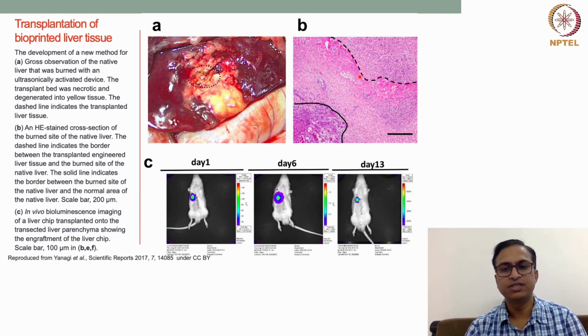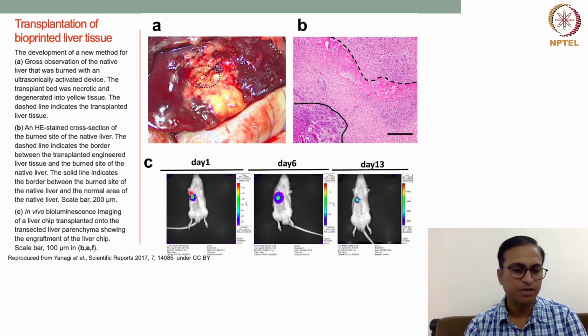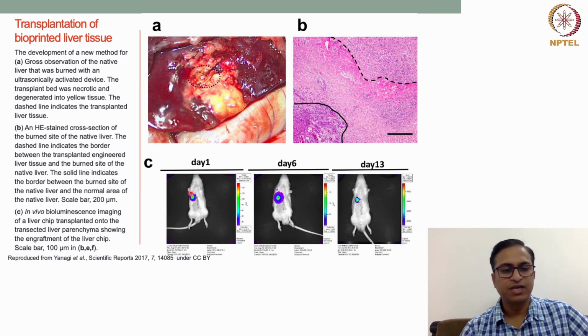And if you see this dotted area, that is the implanted tissue, and there is the native tissue. There is not much difference, and the tissue can integrate well with the surrounding native liver tissue. And by fluorescence assay they can see the engraftment of the implanted liver tissue, which can be clearly visible